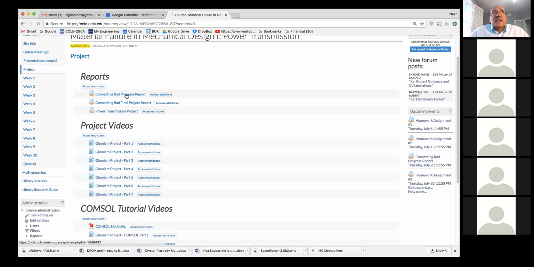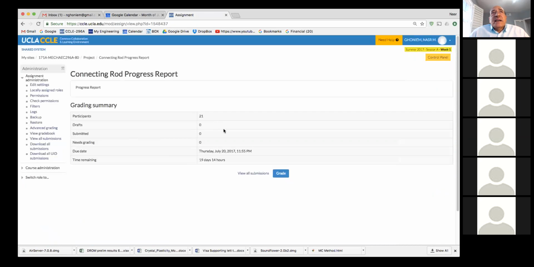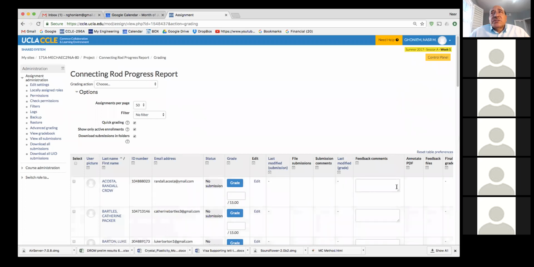If you just click on the tab, you'll see that it is due on July 20th, like it says here, at 11:55 p.m. And then you will go to submit your report. It should show somewhere in here. And then once the report is submitted as a PDF, you'll get feedback on the report, and you'll pick it up from the same location.